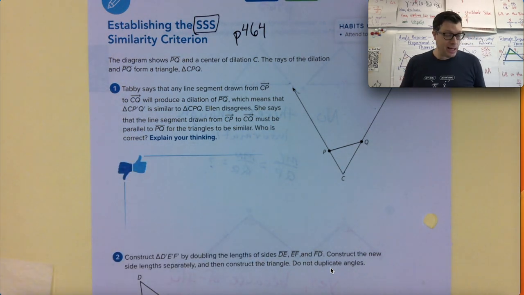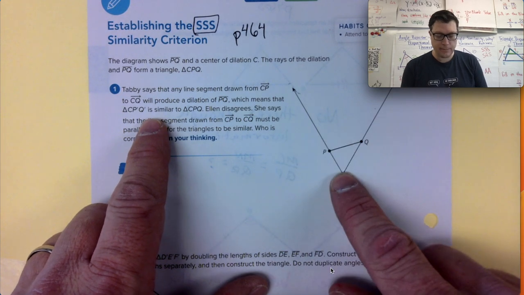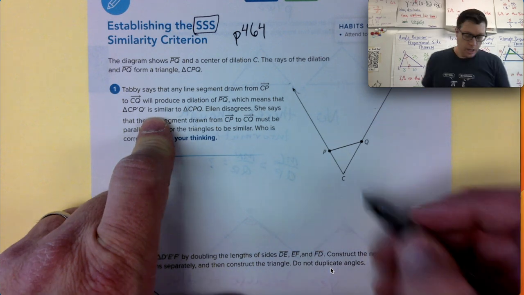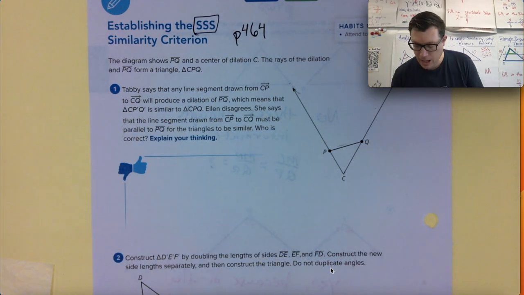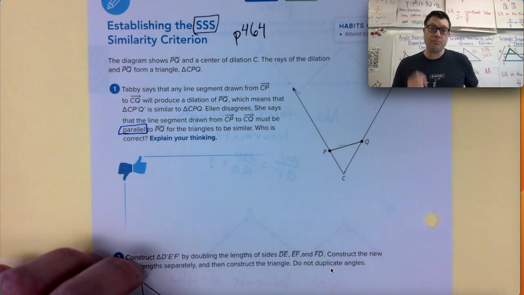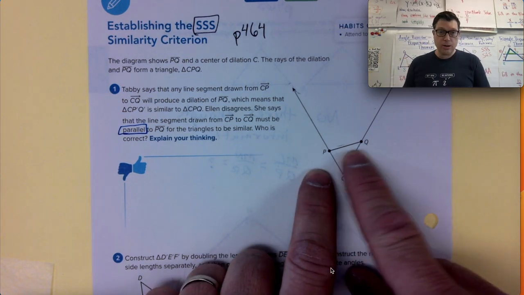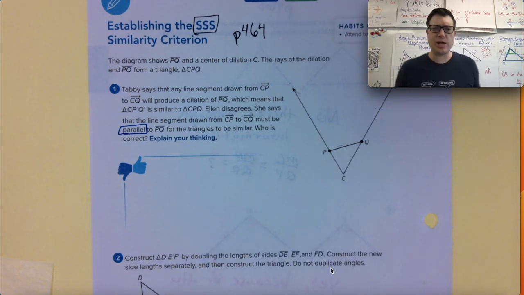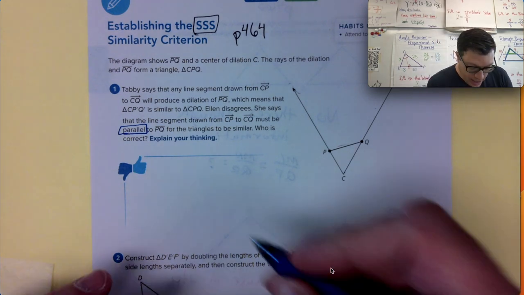Which would mean then that the new triangle, CP prime Q prime, would be similar to the original triangle, which is right here, CPQ. Ellen disagrees, and she says that the line segment drawn must be parallel, and that is 100% necessary. We must establish that the line drawn here is parallel for the triangles to be similar. Who's correct? Well, let's do that. In fact, I'm going to say it's Ellen. Maybe I gave the answer way too soon, sorry. I'm going to say Ellen is correct